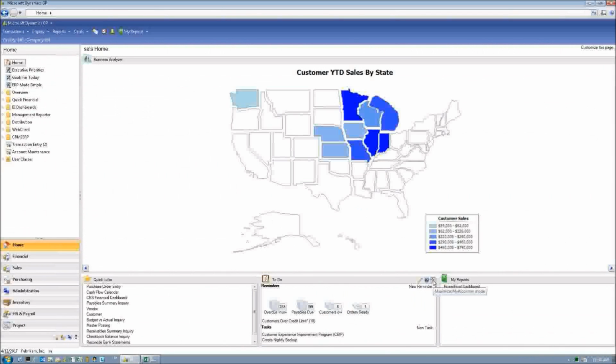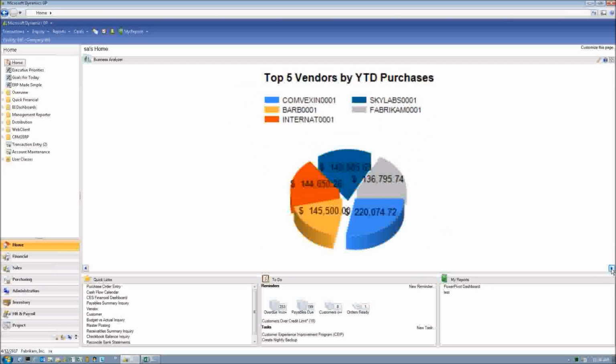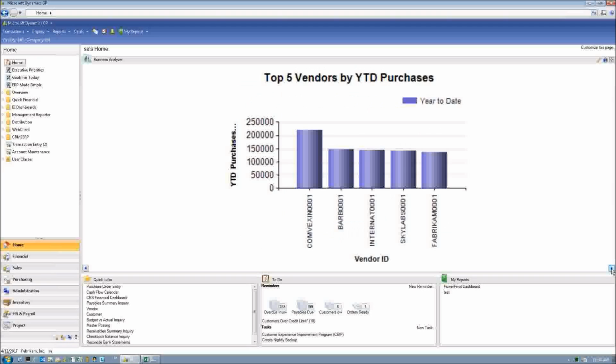Now Business Analyzer was introduced in the last release of GP, which was GP 2010 R2. And so it was a program that was running outside of the GP homepage, and that still is the case. But you can now run it inside GP, and you can also string any of the reports off of a customer card. So let's go ahead and I'll show you a couple of the reports that we have. So if I do top 10 vendors by year-to-date purchases, and I go over here and I edit it,